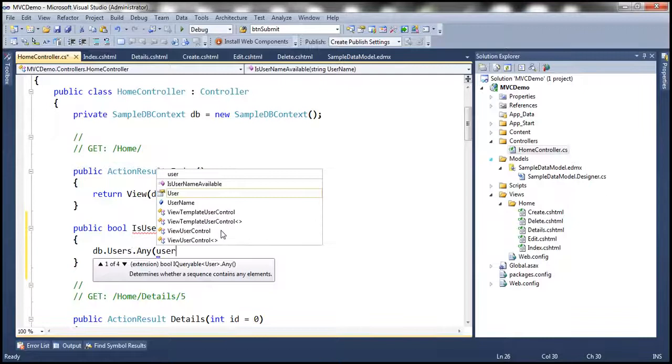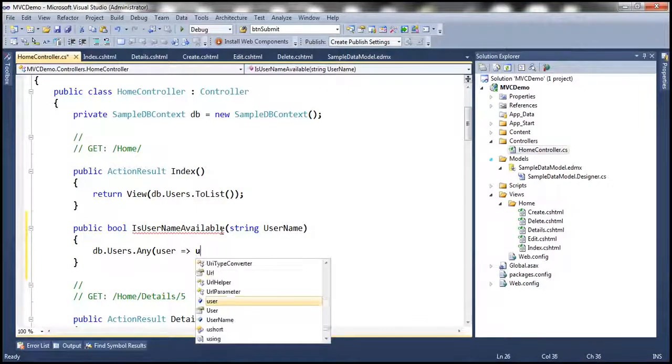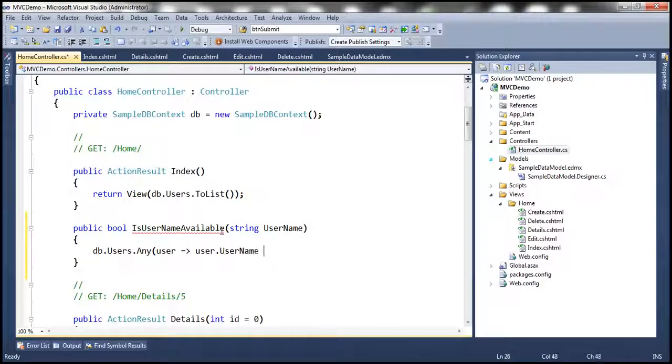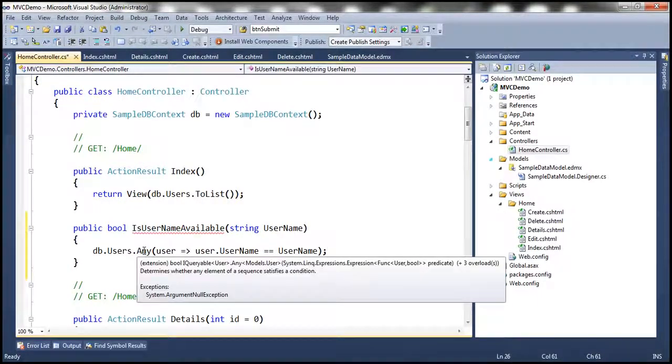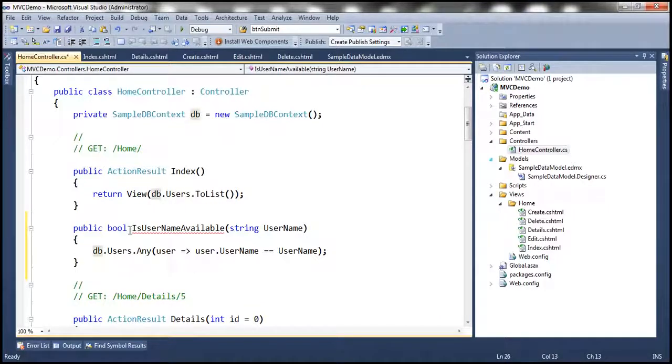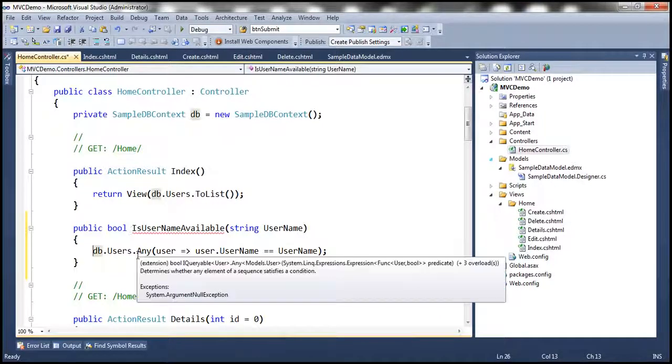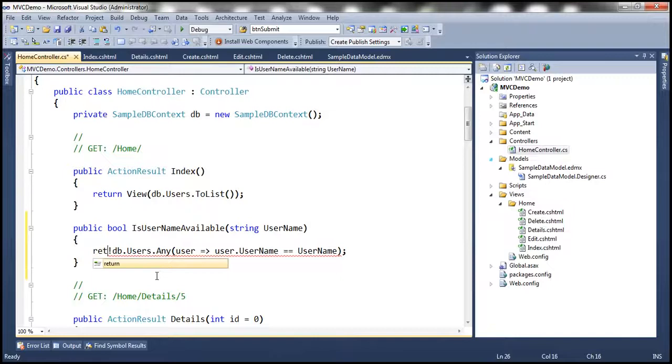So let's say user such that user.UserName equal to whatever username that we are passing into this function. If there is a match, this function will return true, otherwise it's going to return false. So if there is a match, that means the username already exists, in which case we don't want to allow the user to be created, meaning the validation should fail. So we should return false in that case if the validation has to fail. That's why we are going to negate whatever this function is going to return. So return